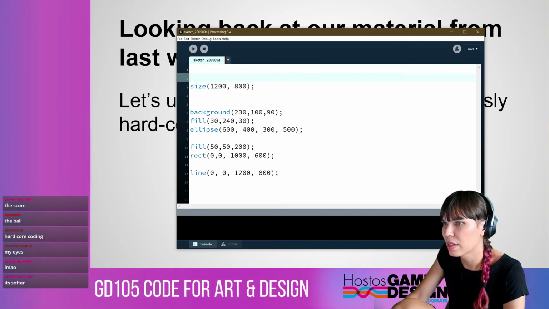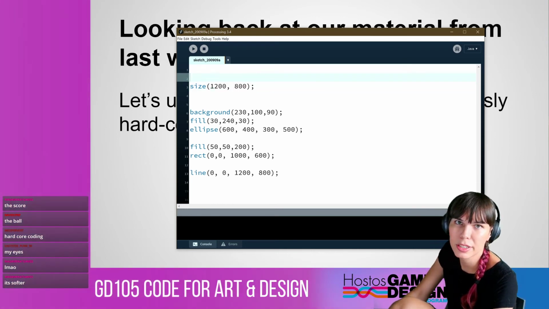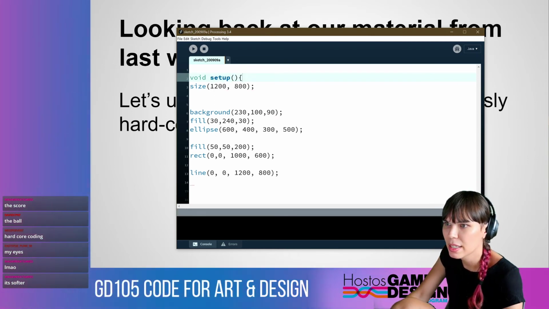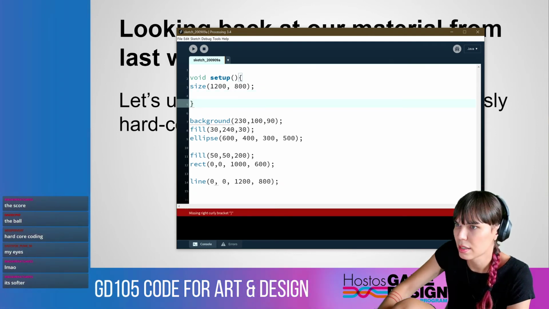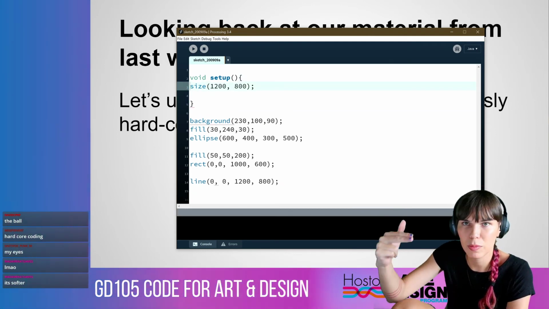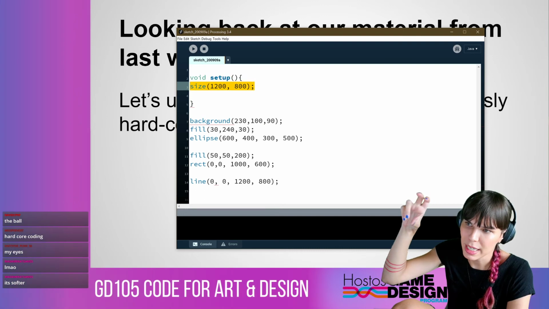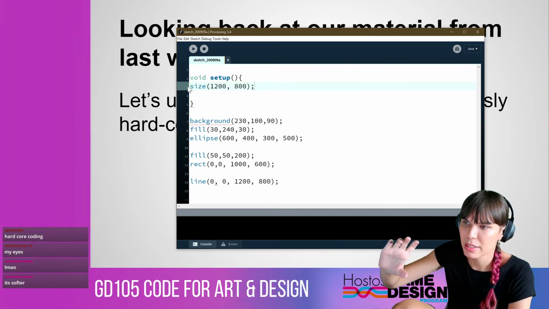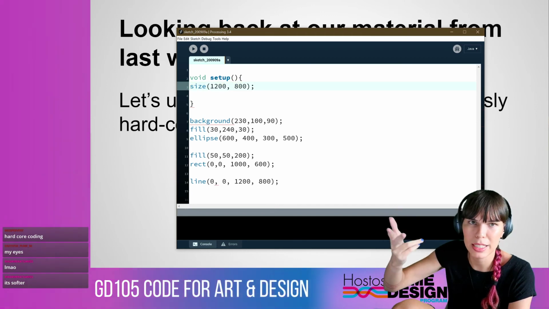So I'm going to first create our setup function. That's void setup, open parentheses, close parentheses, open curly bracket, and I'm going to make sure that size is encapsulated within it. Size will set up the size of our window. I want to make sure that's inside of it, because that's something that's only going to happen once